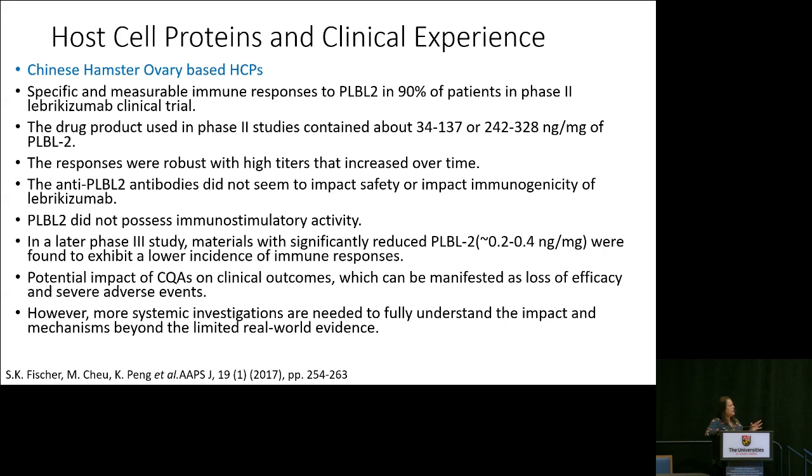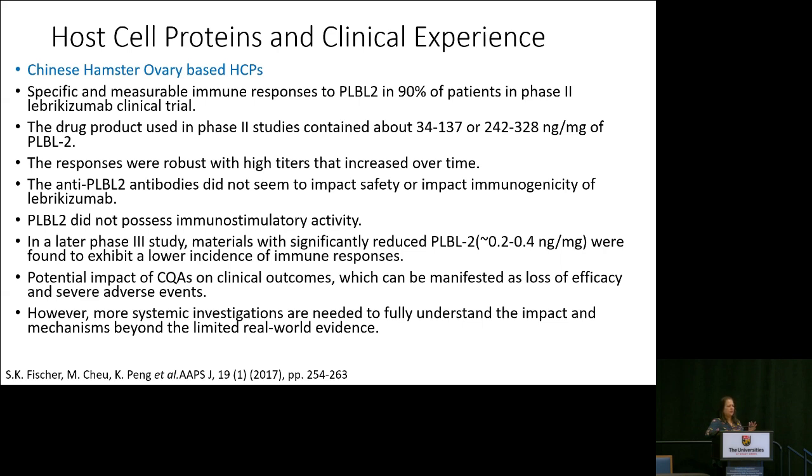Chinese hamster ovary is a mammalian cell line, which is very good at expressing, but the limitation is that whenever you elute or purify these antibodies, you're going to co-elute some amount of the host cell protein with it. You can do as much purification as you want. There is an uncertainty with the co-eluted peptides that come with the drug product. And the only thing people can do is keep on running a lot of